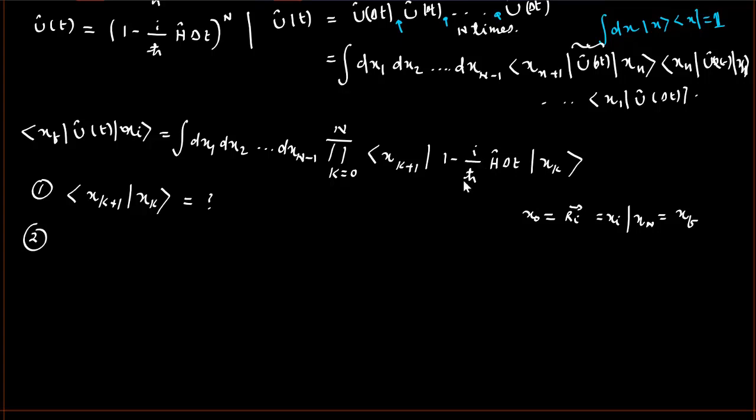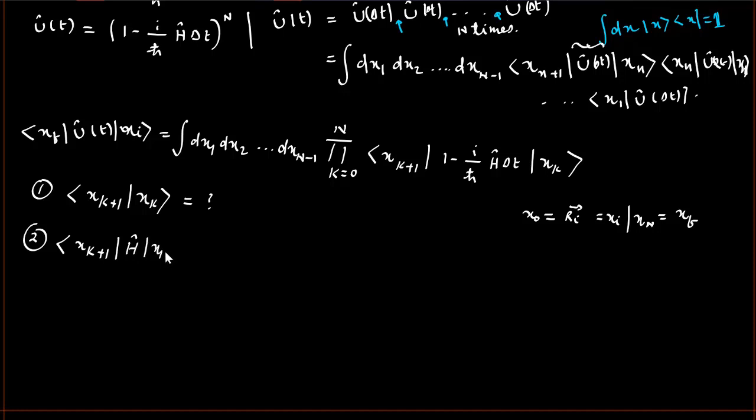Now see, these terms, i over h cross and delta t, are just constants. So here the Hamiltonian is the only operator, and this Hamiltonian only operates on this state only. Okay. So we have to calculate this term. So x_{k+1}